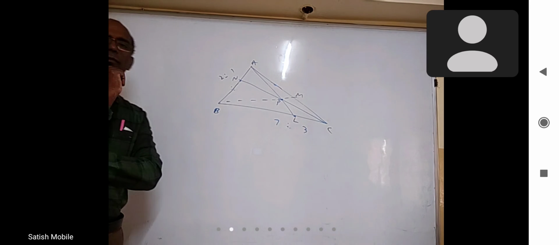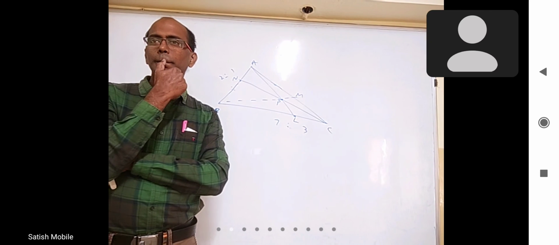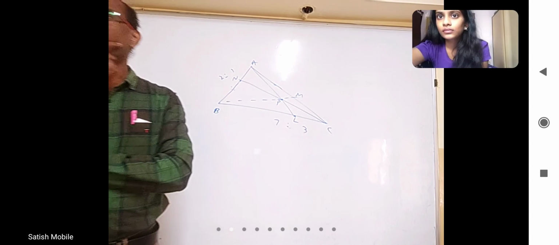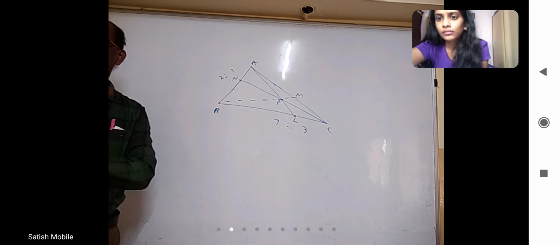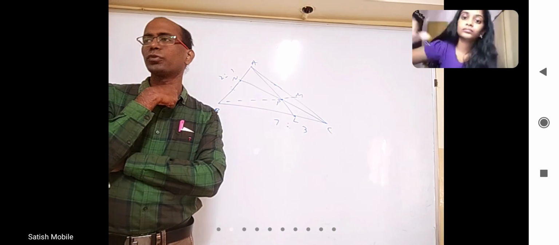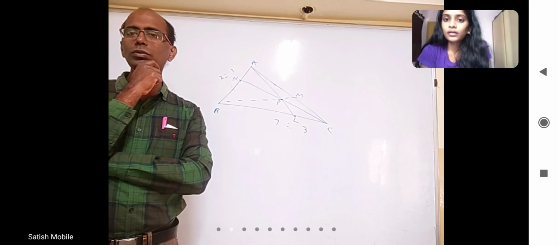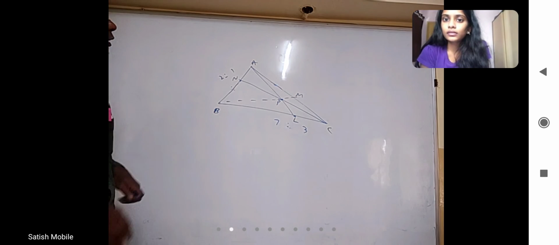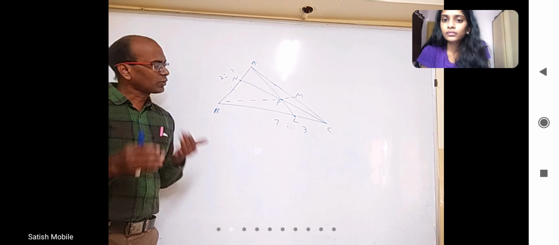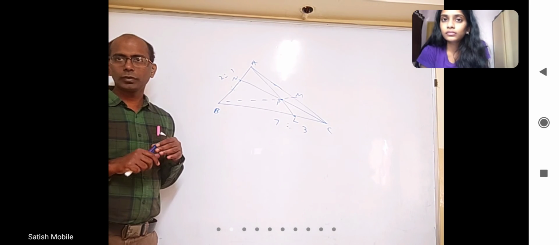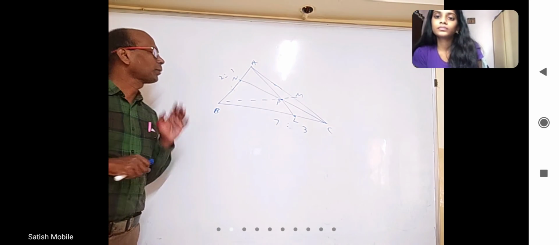Have you heard of Menelaus's theorem? Ceva's theorem? In the straight line chapter, in 2D geometry, you will find Ceva's theorem and Menelaus's theorem. I think even in the textbook you will have Ceva's theorem proof, that a line divides two line segments in the ratio l1 is to l2. Anyway, this question can be done by pure geometry, using Ceva's theorem or Menelaus's theorem. It can be done by vectors. We will discuss by vectors. But